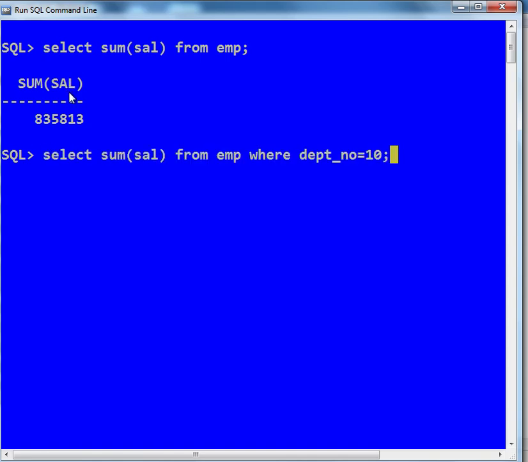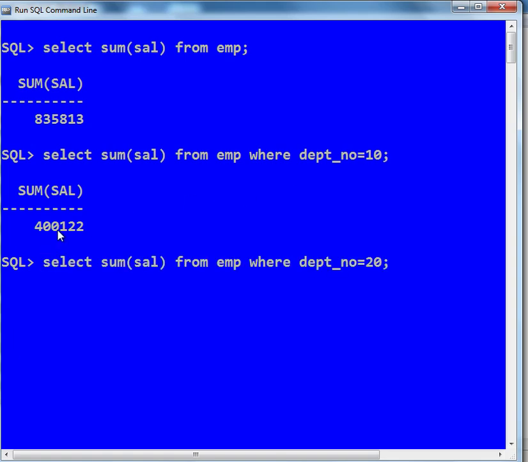Now if I want to find total salary department wise, I can write department number using a where clause. Select sum of salary from EMP where department_number equals 10. So this is the total salary of department number 10.